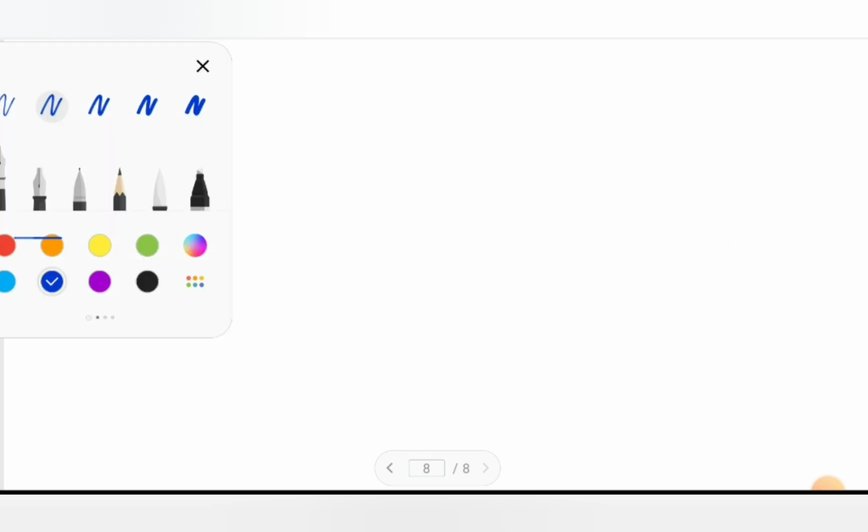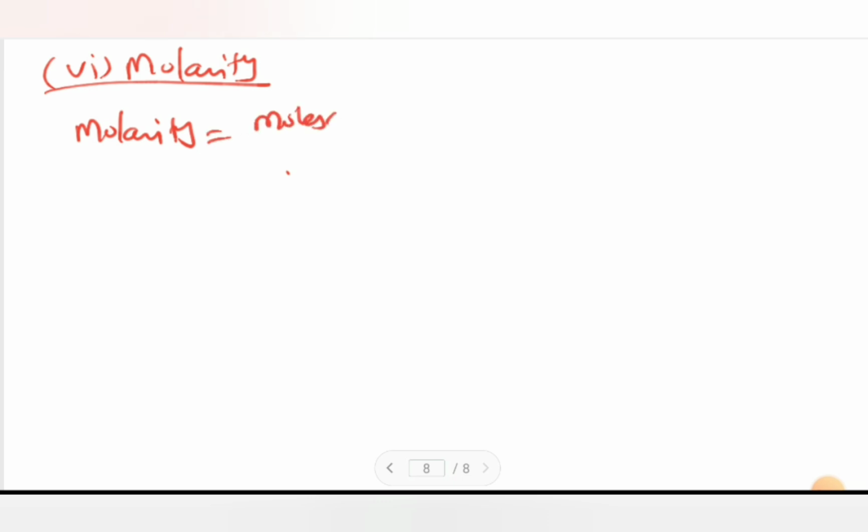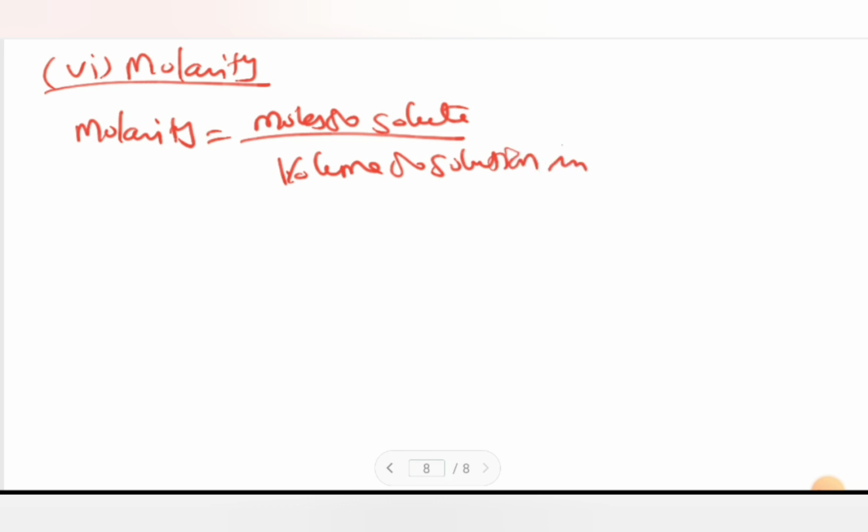Let's see what is meant by molarity. Molarity is also a concept you have studied in the 11th standard. Still, let's look at the formula. Molarity is equal to moles of solute divided by volume of solution in liter. This may be good for the definition, but when you go for the calculation you need a very